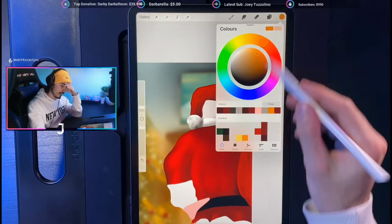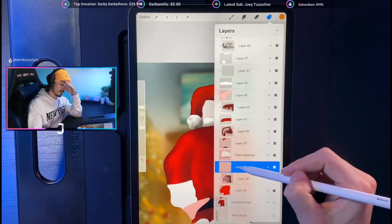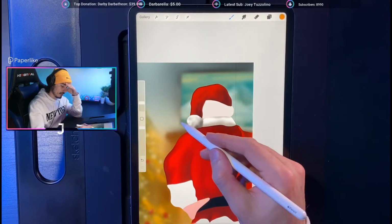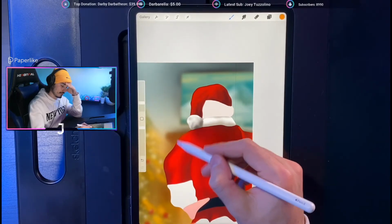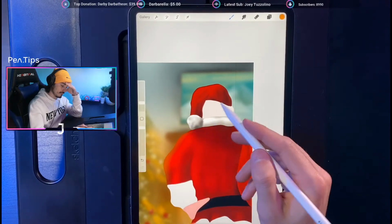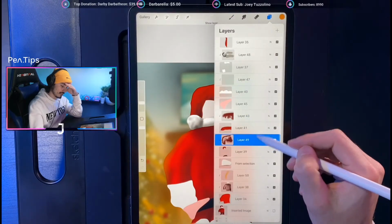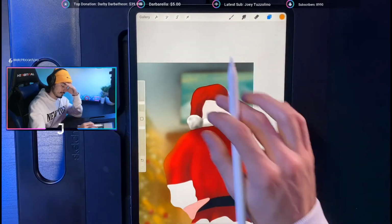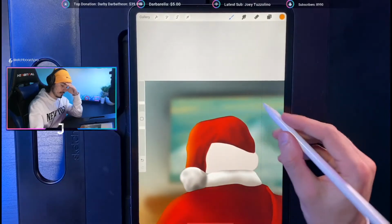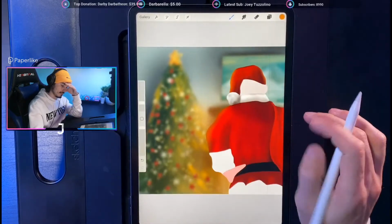What I want to get to a stage right now is basically going, okay, so let's go back down to his body, go clipping mask, and then how does that glow from the fire affect him? Maybe he'd have a little bit of orange around the side of his body, and a little bit on the layers that I've already worked on. Let's say the hat, for example. What if we did a little bit of a glow coming around the edge of the hat, maybe even a little bit around that outside edge,